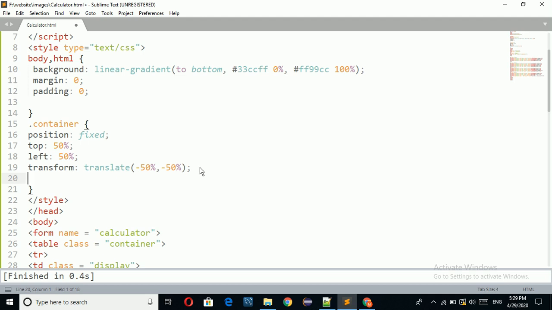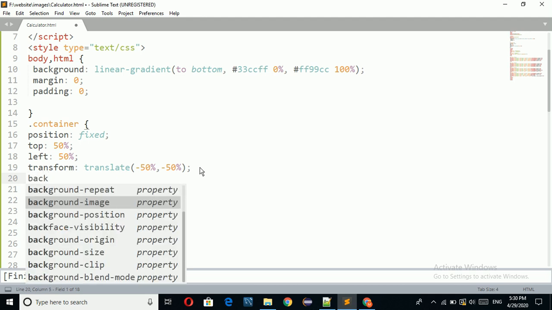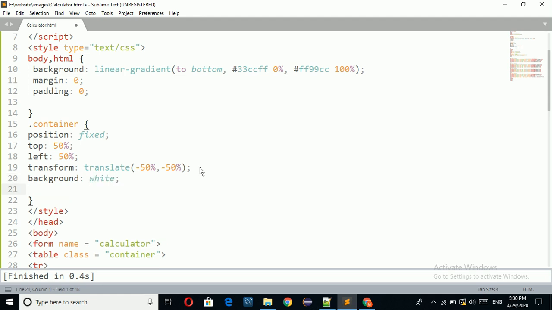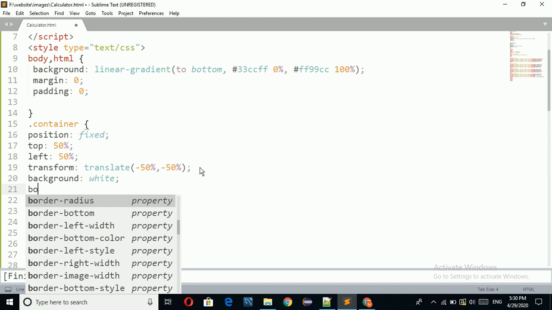Then here I am going to take background color equal to white, and I want to apply box shadow.